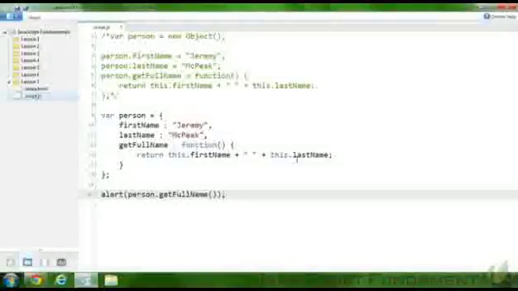So object-oriented programming allows us to work with complex data in a simple way. I'm not saying that we will always work with complex data. There's going to be times when we have simple data and we don't need an object. But for the times when we do need to organize that complex data, we do have the ability to create an object